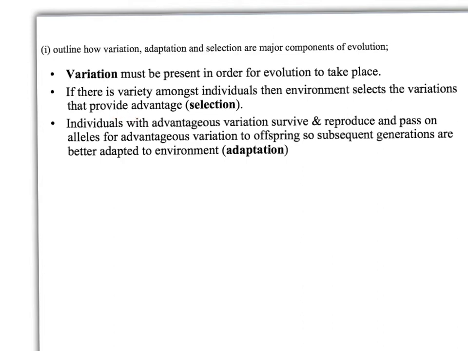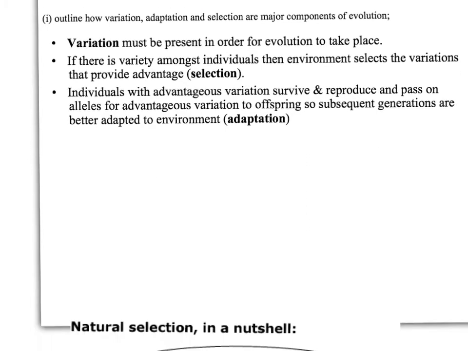Okay, and the consequence of that is if they've got the advantageous variation and manage to survive, they have a greater chance of reproduction. If you live longer, you're likely to produce more offspring. Okay, and if you produce more offspring, you pass more of your alleles on to the next generation. Okay, and therefore the subsequent generations are better adapted to the environment. Okay, and I've got a diagram there, a very simple little diagram,